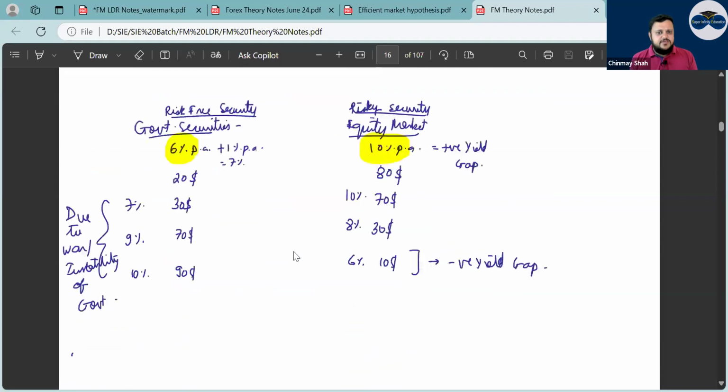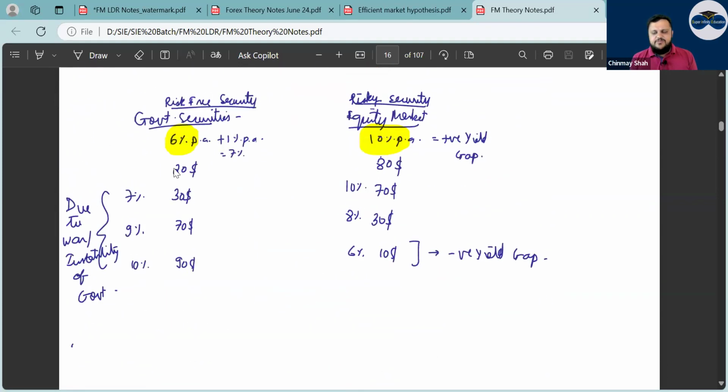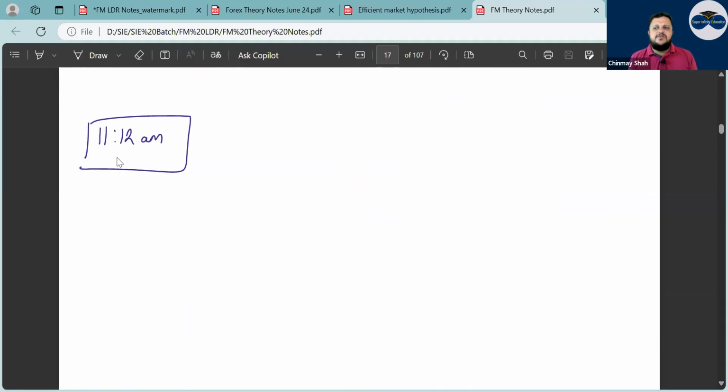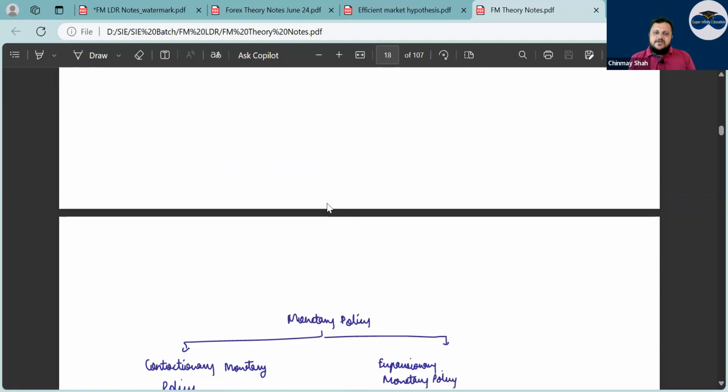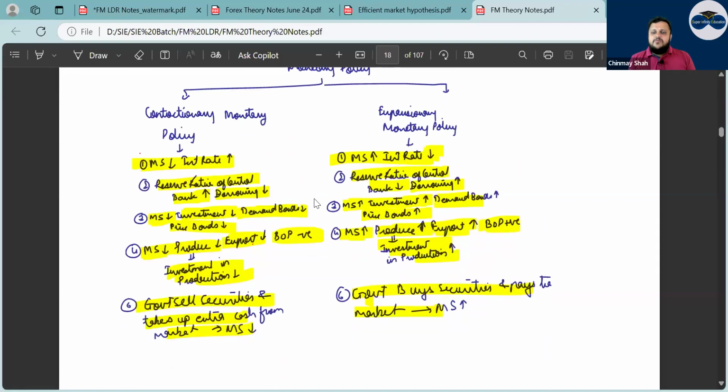And then you have risk-free and risky securities. Okay, this is nothing but crowding out. People switching from what? Government securities to the equity market, or from the equity market to government securities. Actually the problem is, from the equity market people turn to government. This happens generally. A negative yield gap is not a very good thing. It happens generally in the time of war, when the government needs a lot of money.